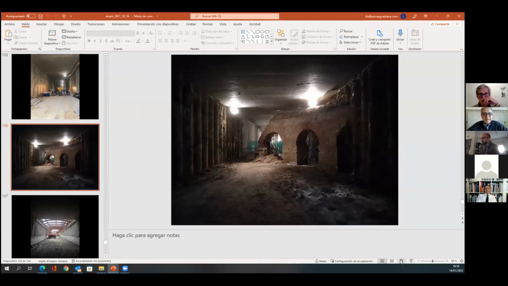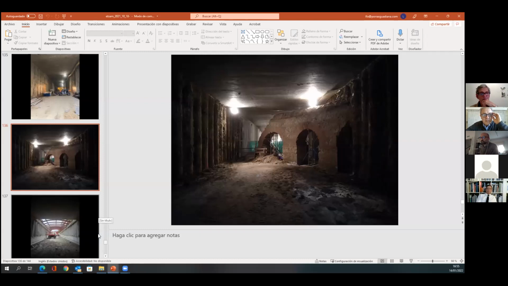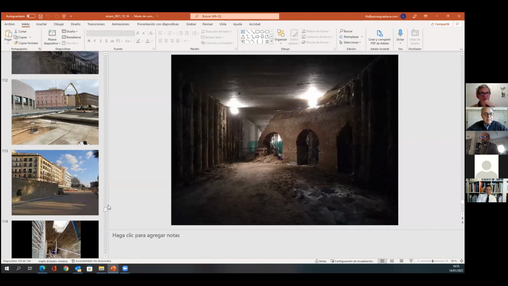Here are the arches. This is another structure we found suddenly. We were building the tunnel in a way where we put first the walls and after the roof, and we take the earth out in the last step. And when we were taking off the earth, we found these arches, and we cut them and we put them on the surface.